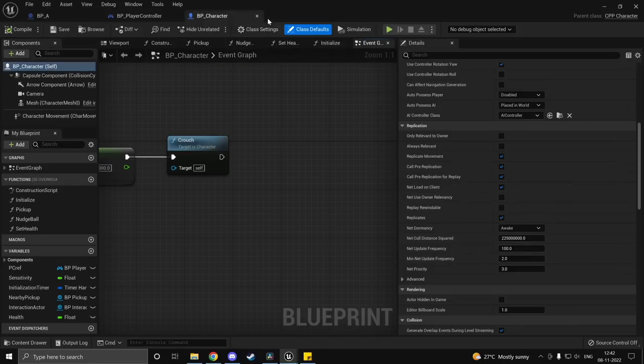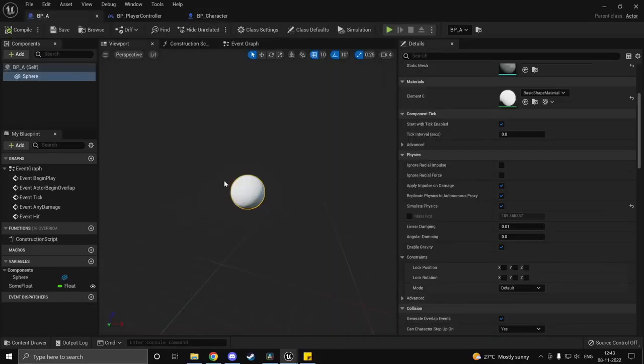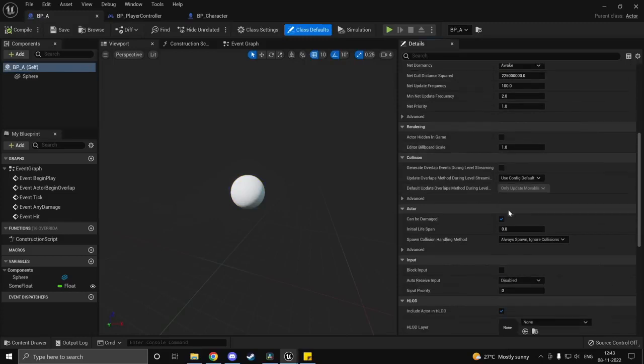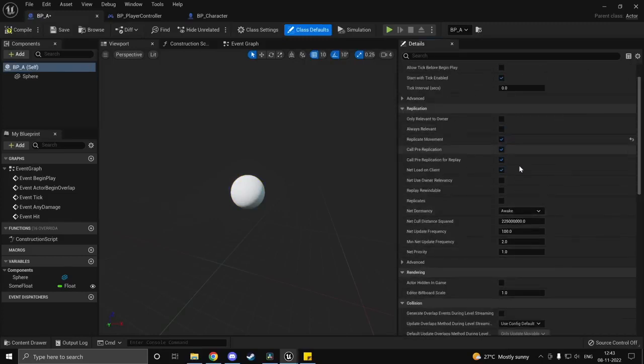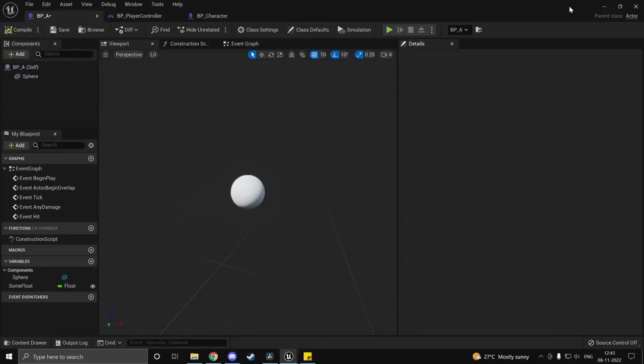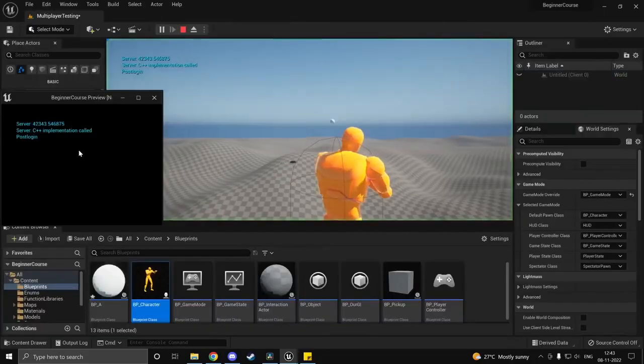Obviously, there are conditions: you have to instantiate it on the server. We'll talk about servers and clients soon. So let's head into our actor and try to fix it. Head into your class defaults and let's try enabling replicate movement and replicates. If I compile and press play,